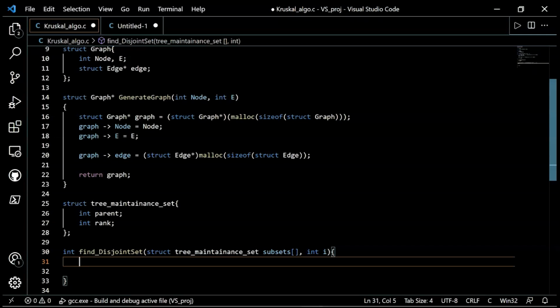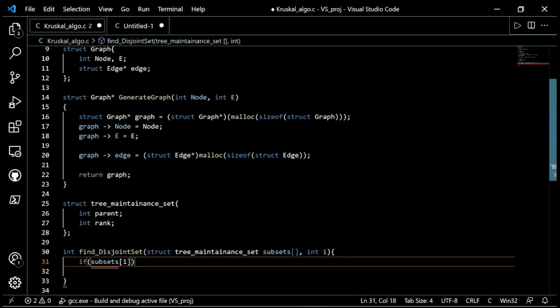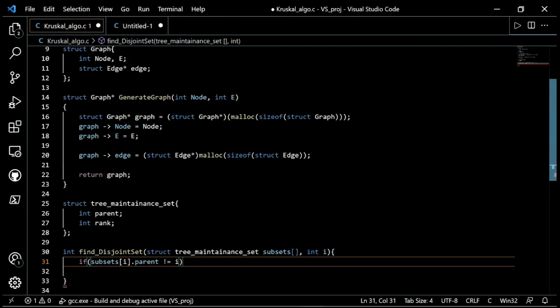Inside this function, we'll use if case to find root and make it as a parent of argument i. Also, if it is -1, then we'll need to update it. For that, we'll keep recurring through this if block by calling the function find disjoint set inside the if block. So let's do that. If subsets i dot parent is not equal to i, then what we'll do is